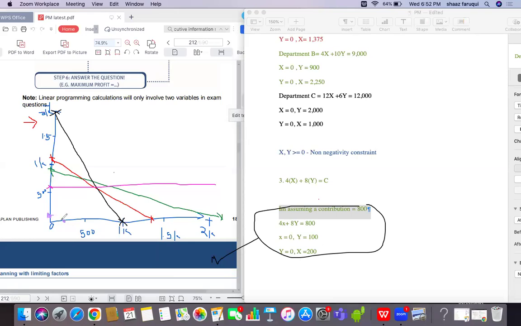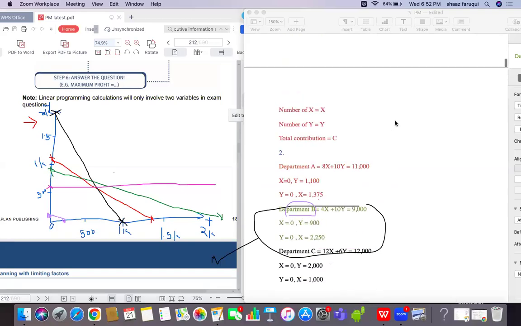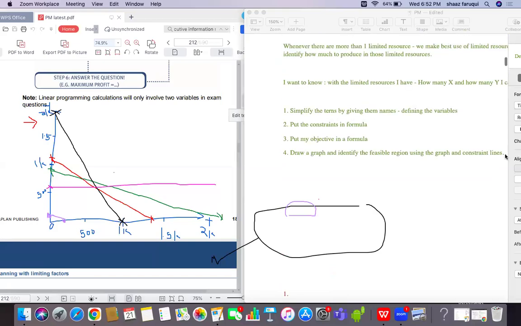So you join both the points. This will be the line. Now this is your contribution line, which is not the exact real contribution line. It is an assumption, which is why it is known as the ISO contribution line. Now the next step is to use the ISO contribution line in order to find the